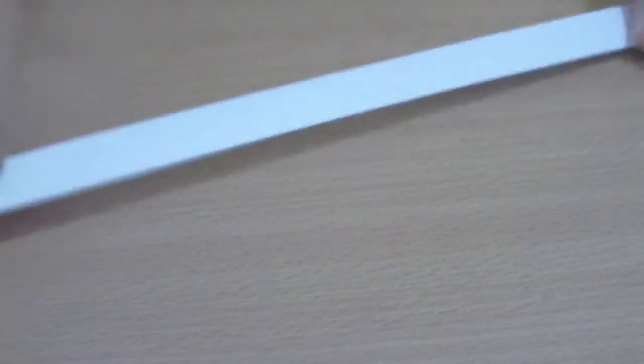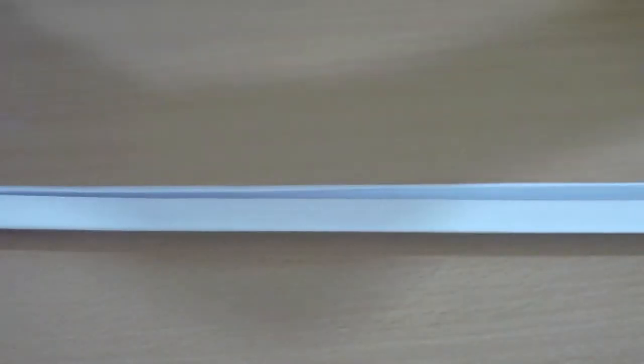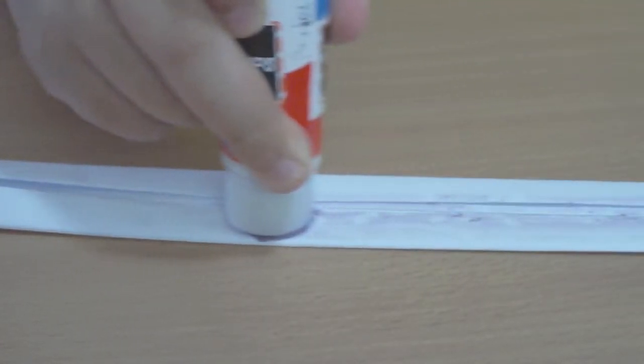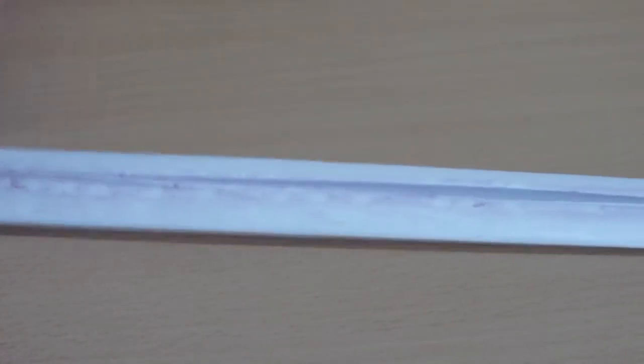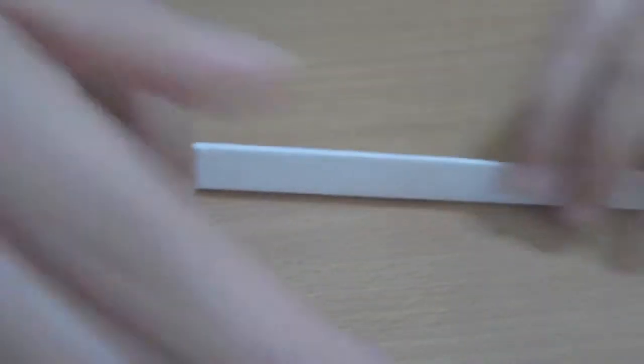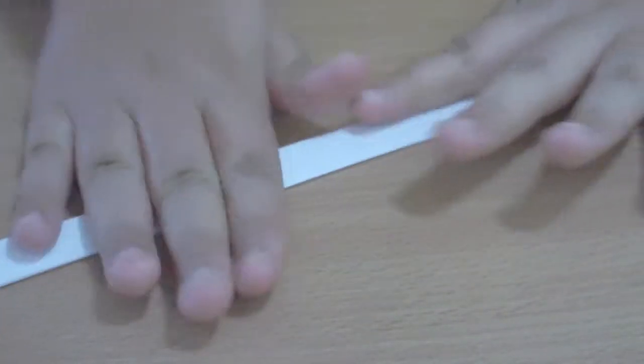Just like this. Then again, you are going to have to glue it or tape it if you have glue or tape. So you get glue and just glue it. You don't want to put too much or too little. Just make sure it stays together. Just fold in half. And just put it together. Alright, and you end up with this. There's one blade,